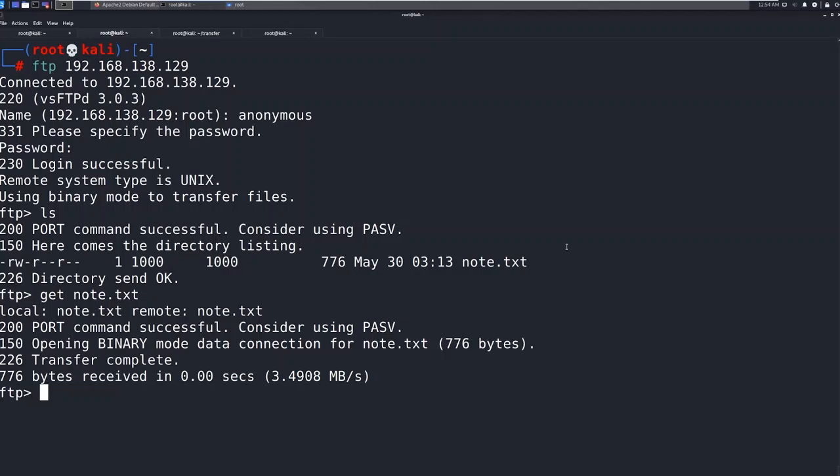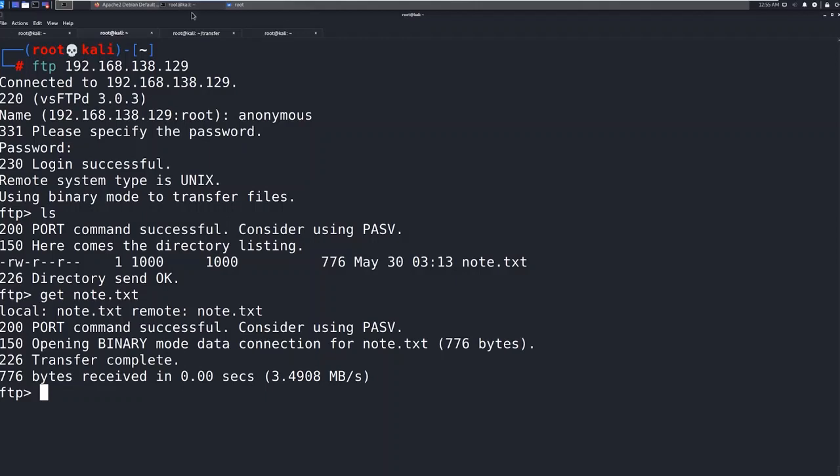So the option here is we have FTP open. Now, there's a possibility that we could utilize this. So we have the ability with FTP to put files and get files. We just got a file. We can come put something on here. The only issue is we don't know where on this machine that this note.txt is stored. If for some reason this note